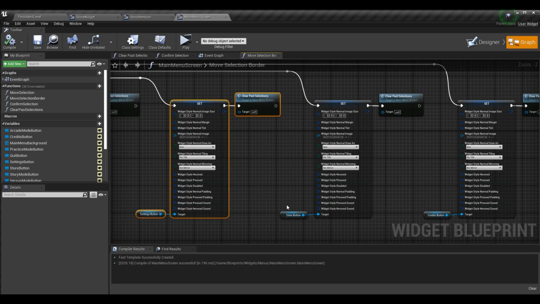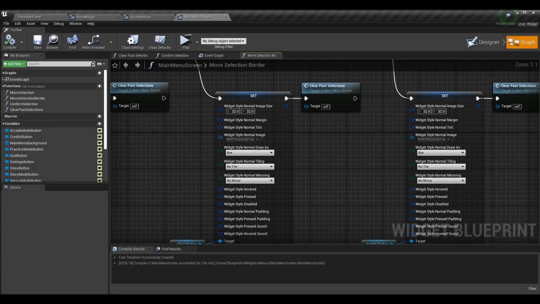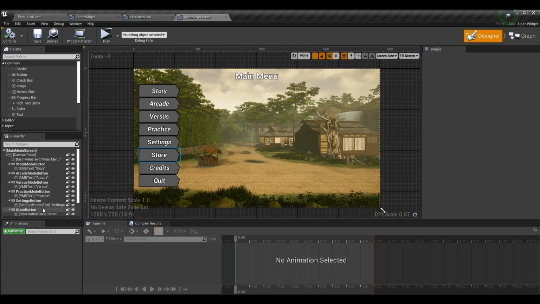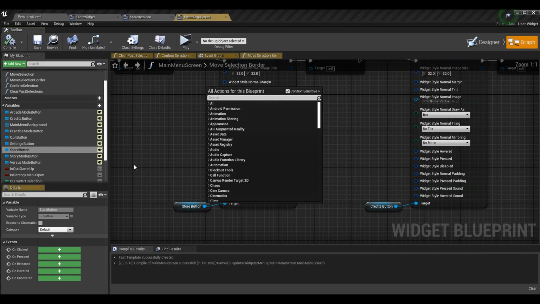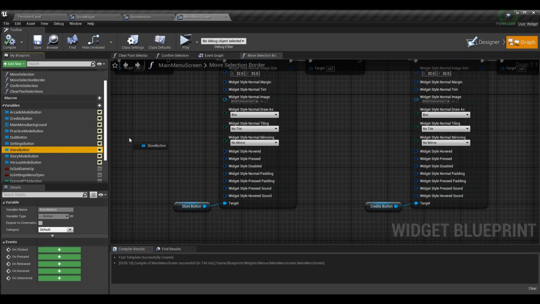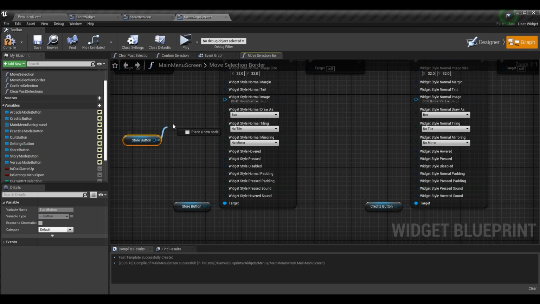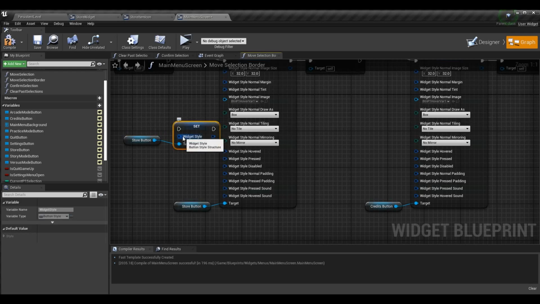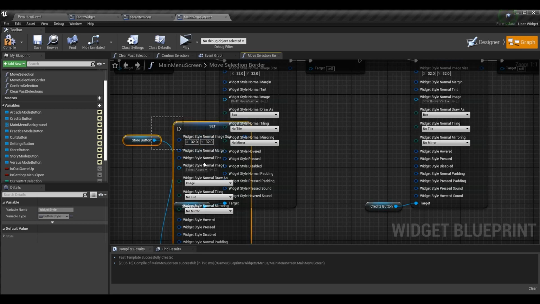You can copy your other ones and paste it and just change the button being passed in. Otherwise, it's super simple. Make sure your store button is a variable. Once it is, you can do the same thing that we did in our store item icon widget. We can get the store, we can set the style. Using the variable's appearance, we can split the struct pin and then split the struct pin again to get this